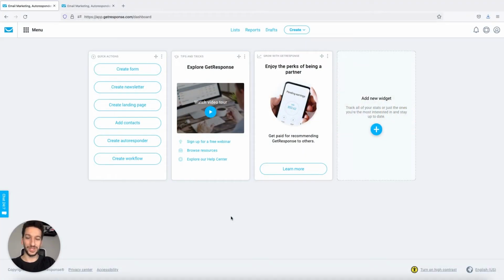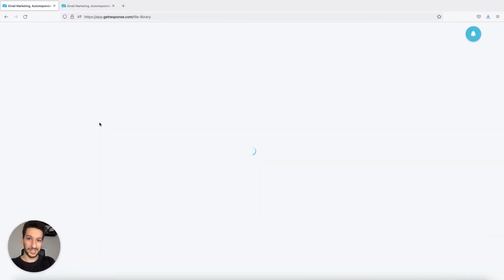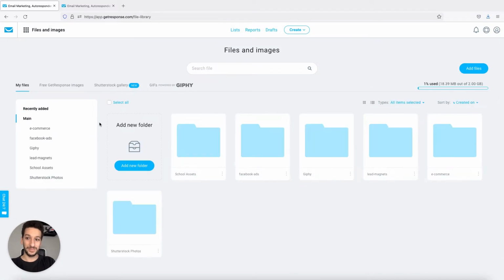In this video, I want to show you how you can use files and images and also how you can navigate there. To get started, we will click on Menu on the top left and then Files and Images. Once we are there, we will be taken to the main space. You can see the navigation here on the left. There is the main space, the recently added files, and then these are your folders that are inside the main